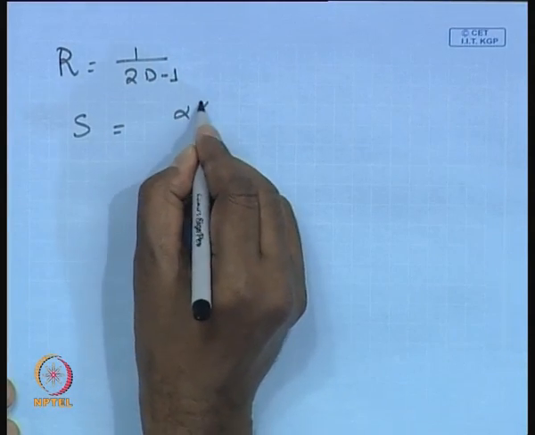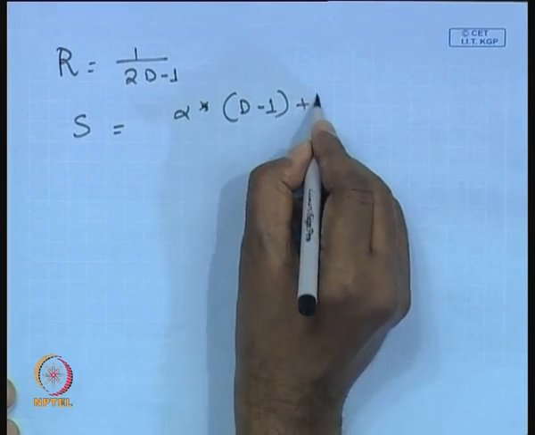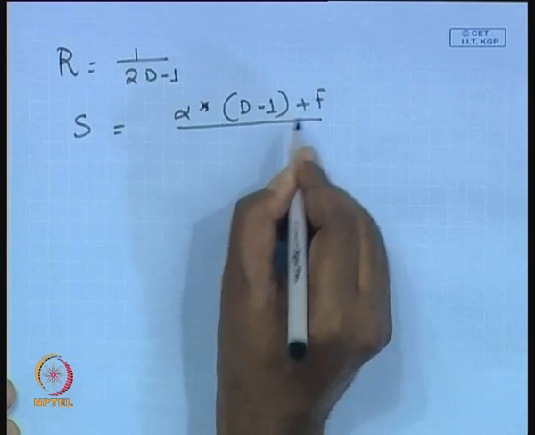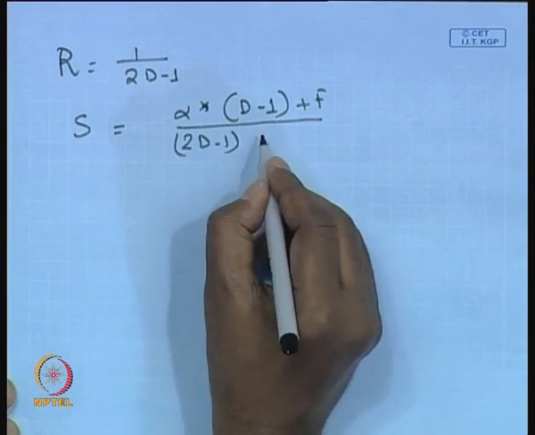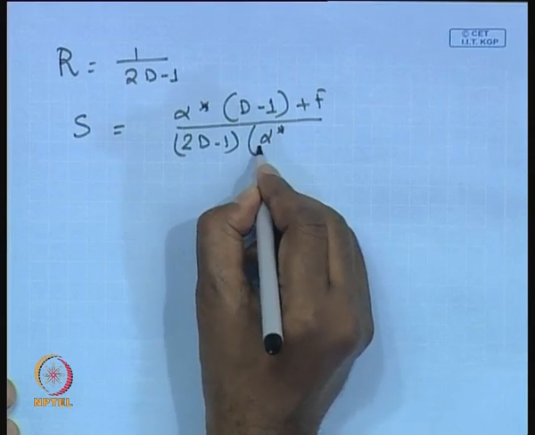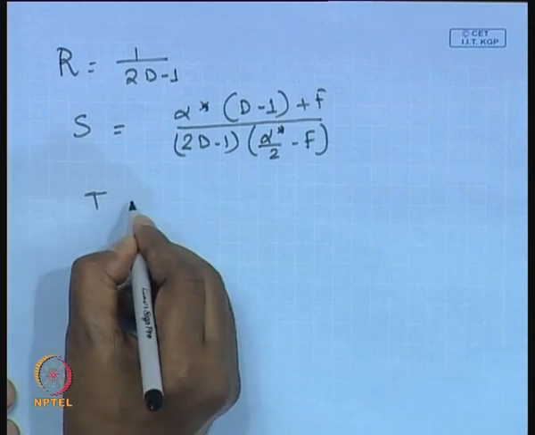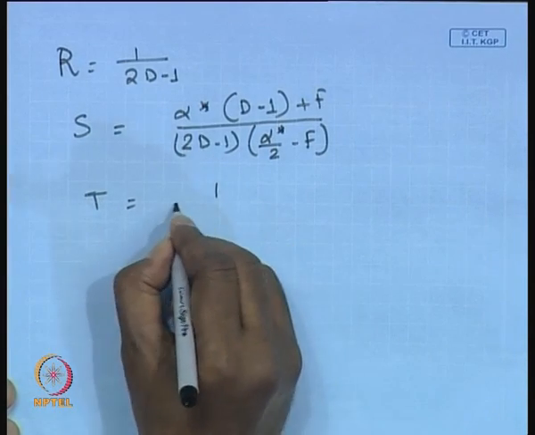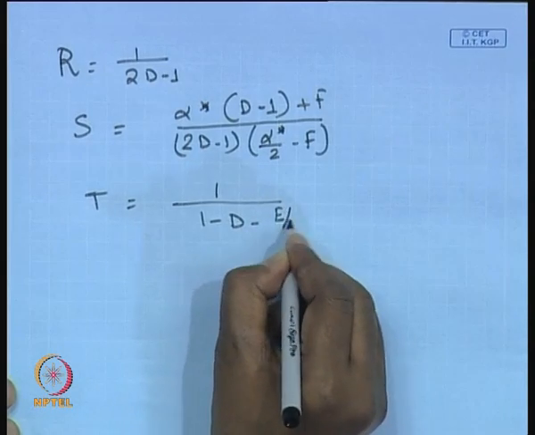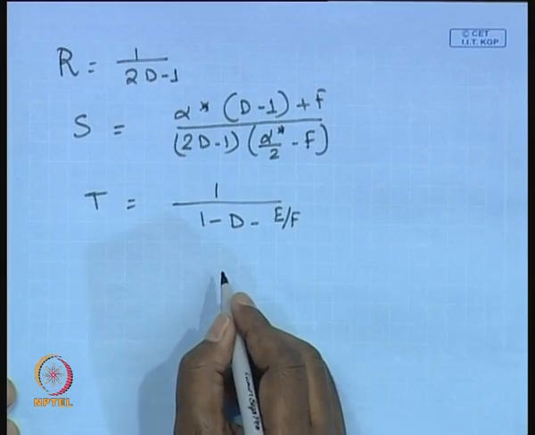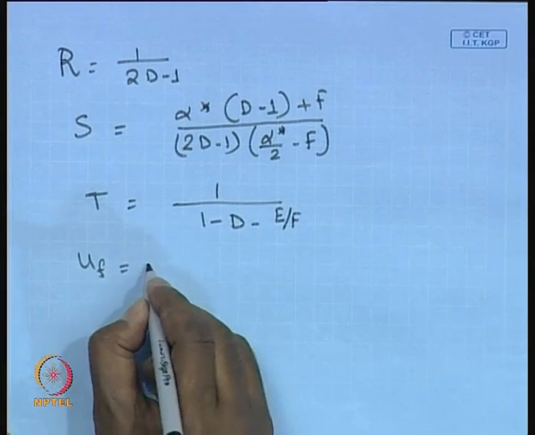S is alpha star times d minus 1 plus f divided by 2d minus 1, alpha star by 2 minus f. And what is T? Capital T is nothing but 1 over 1 minus d minus E by f, and what is u f? U f is value of u